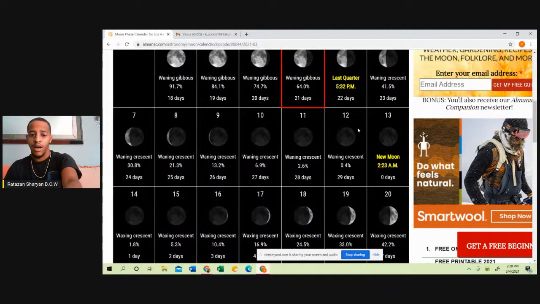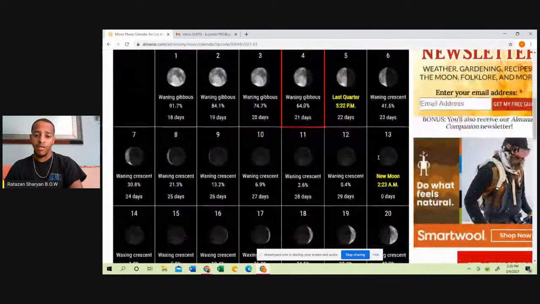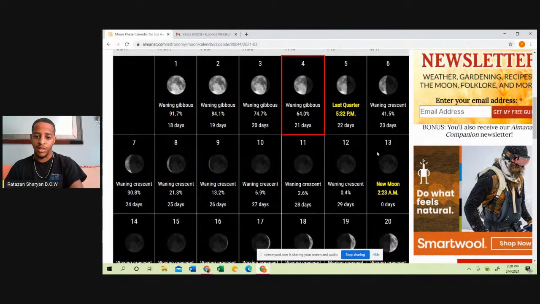All right. And just to make it simple, our days start in the evening. So you will have to start the new moon on the 12th at sundown. Okay. 12th at sundown. And then it will carry over into the 13th. So a lot of people are having their new moon for their new year in March. This moon right here, March on the 13th is when it comes in.